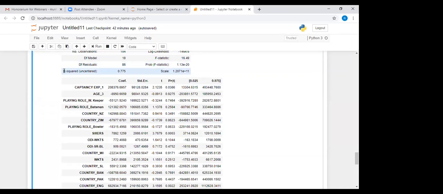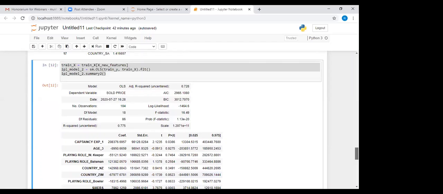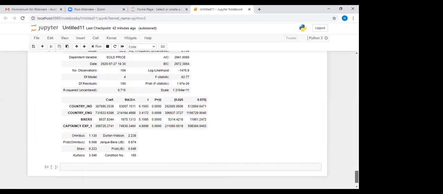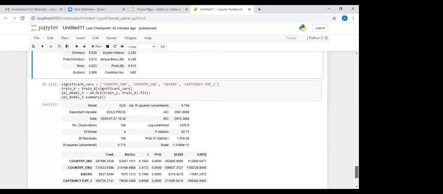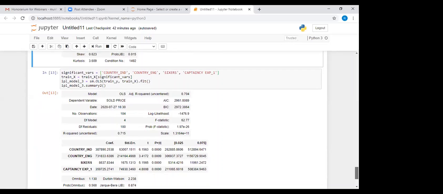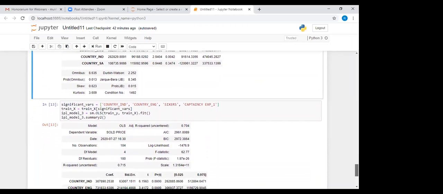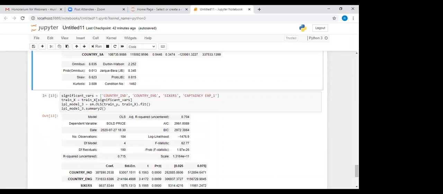The R-square value of this model is 71.5.